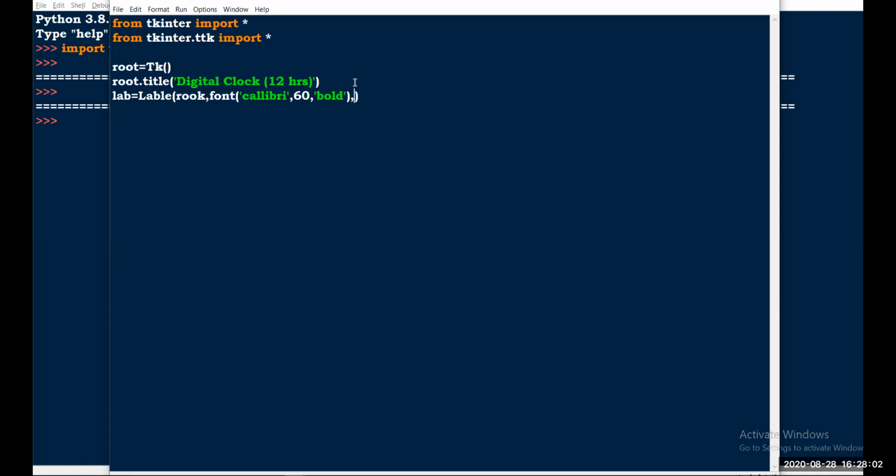Then after that you need to specify background, and here I'm going to give purple color. Then after that I'm going to give foreground for a font color.